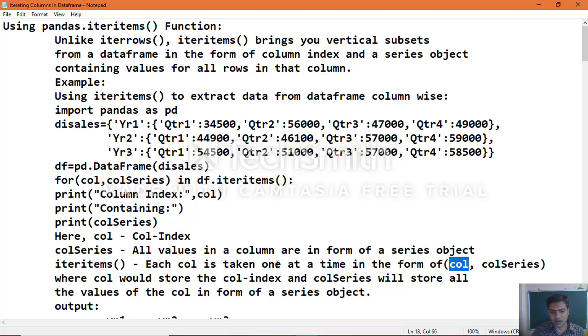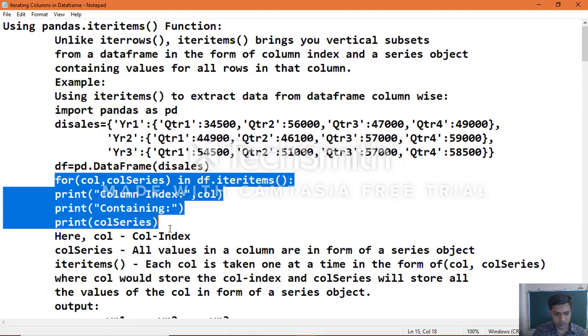In the loop variables, col stores the column index, that is the column header name, and the col series variable stores all the values of the column in the form of a series object. That is the explanation of this for loop statement.